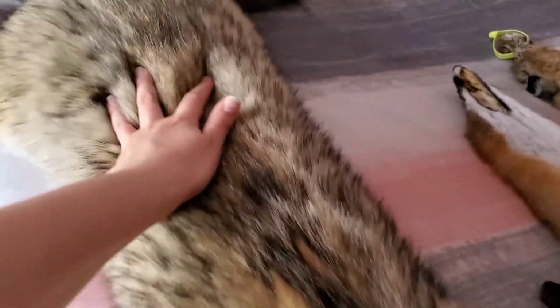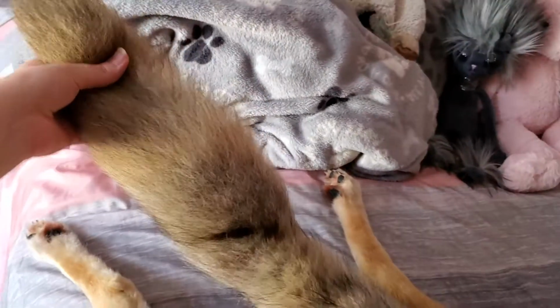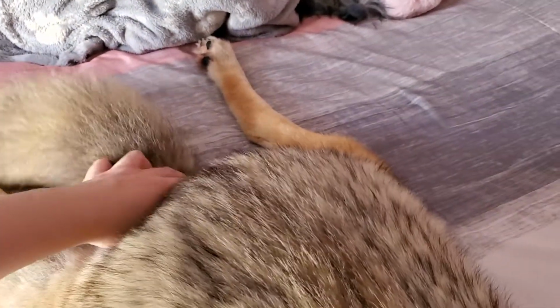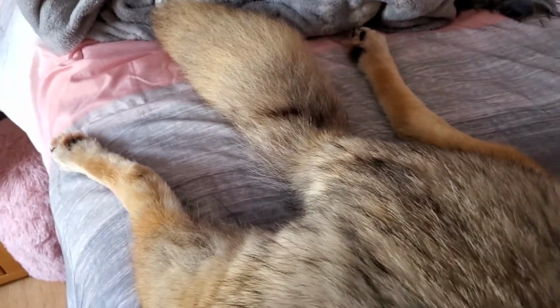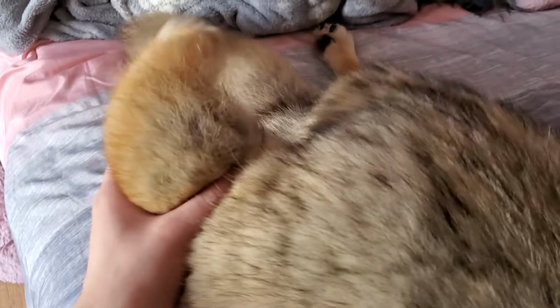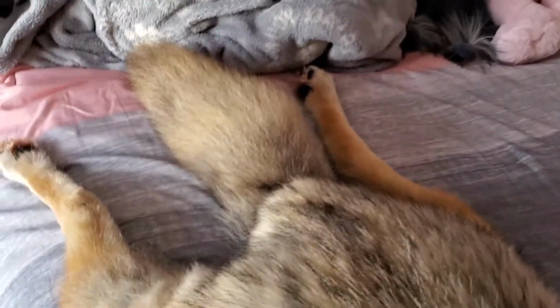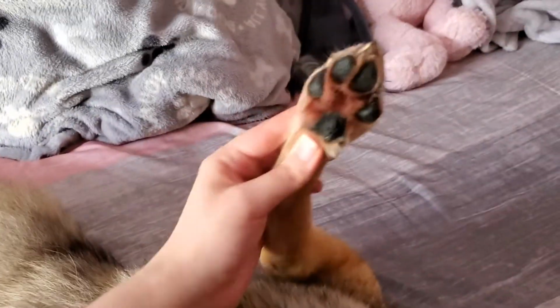He's mostly the favorite of my collection, and I do love him quite a bit. So he has his nice thick fur, his tail down here. A soft mount means every part of him is stuffed, and then his head is hard mounted, like they do in traditional taxidermy. So his legs, his body, he can be picked up, moved around, bended, or bent, excuse me, proper English, and has all of his pads